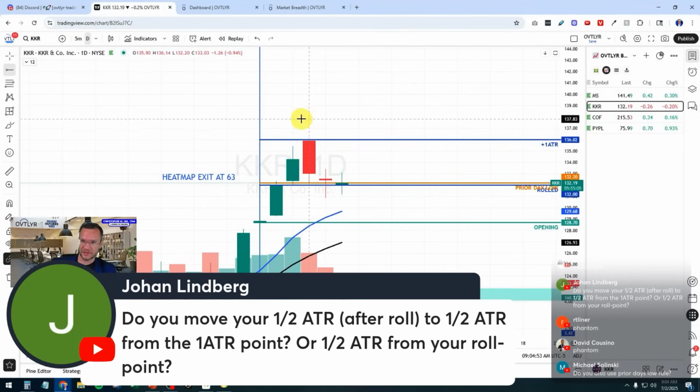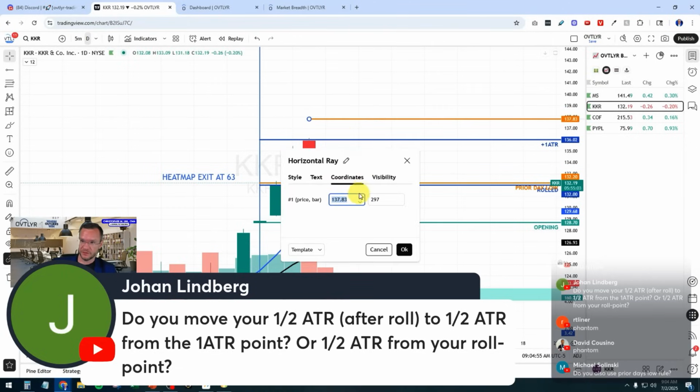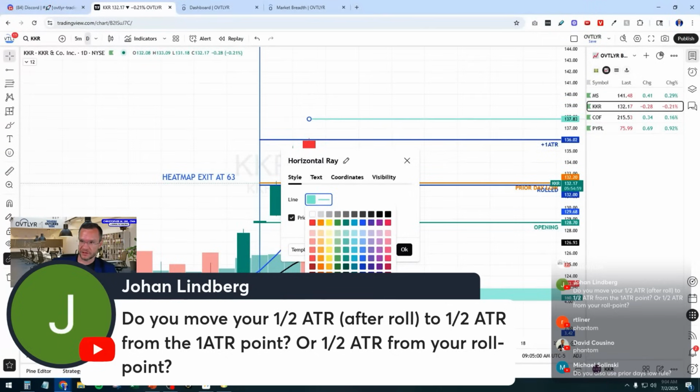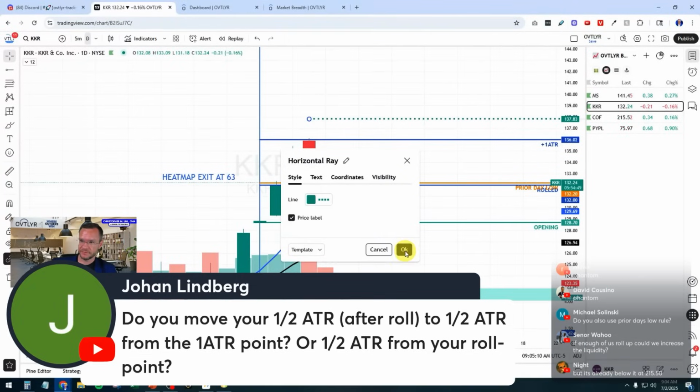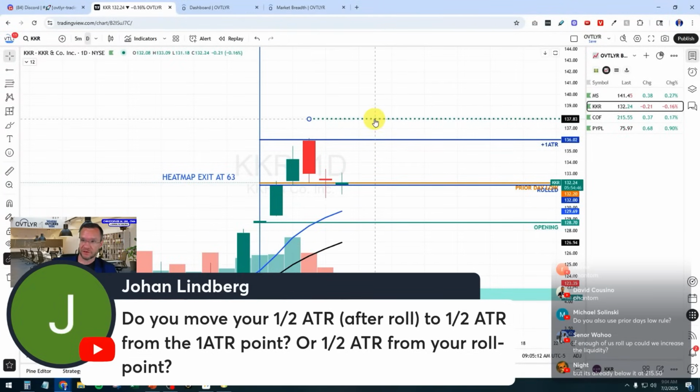If KKR does this and pops way up here, let's give this a different color line. Hopefully you can see that. Let's do this line. That'll work. Hopefully it pops way up here, right? If it does pop way up here, I will move the half ATR from that point down rather than here,